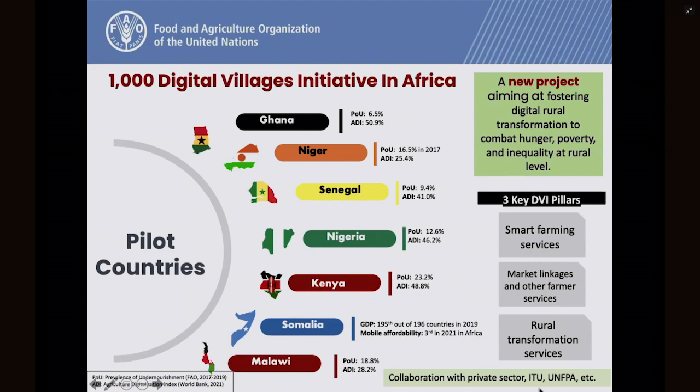I've heard about Microsoft some minutes ago, so we will be happy to work with Microsoft in some of those countries, and also with other development stakeholders, because this initiative is new. We are still looking for funds to roll it out, but we have already started some activities because we believe that it is very critical to support public investment, but also to include the private sector in these operations so that we can ensure scale, sustainability, and employment and opportunity for young entrepreneurs.